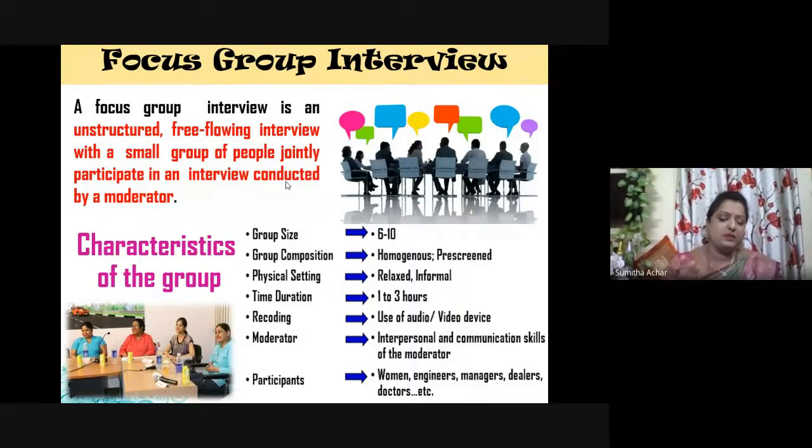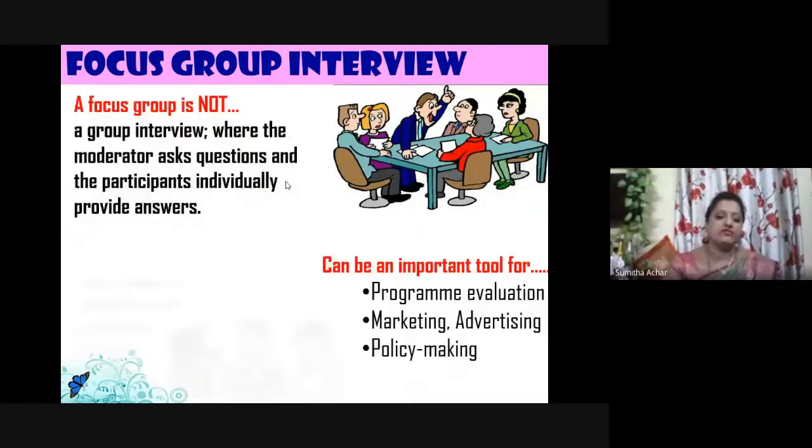You call these people and collectively take an opinion, and to record all these things, there is a moderator. Why will a moderator be there? The moderator should have good communication and the skill of recording the information, so that he can put it together and take one decision: should we really introduce analytics or not. So this can happen in focus group interviews, right?